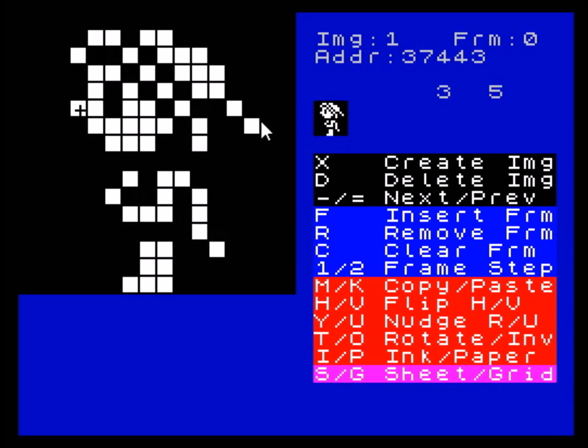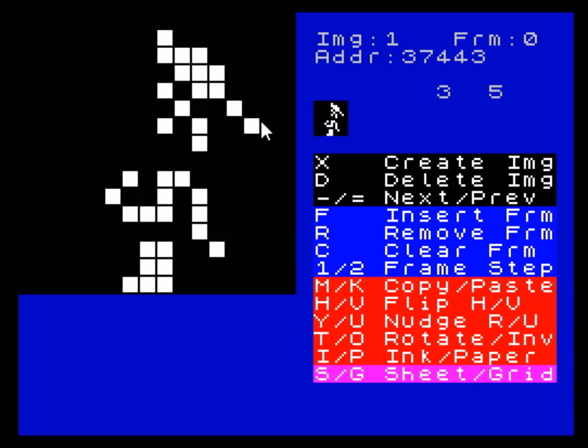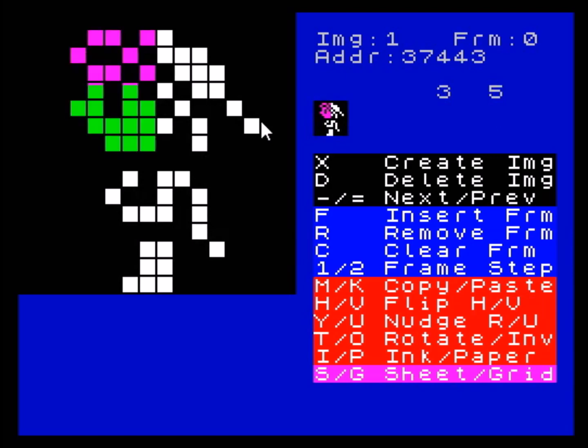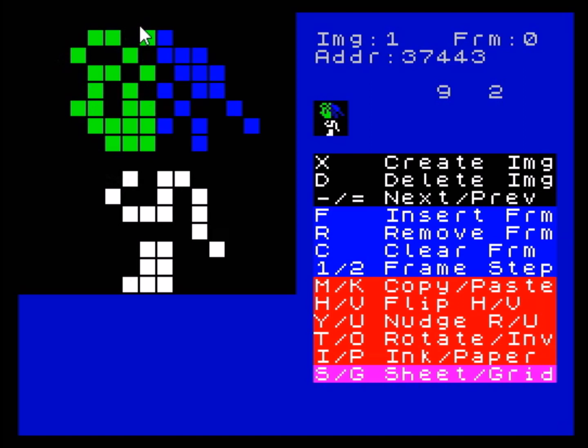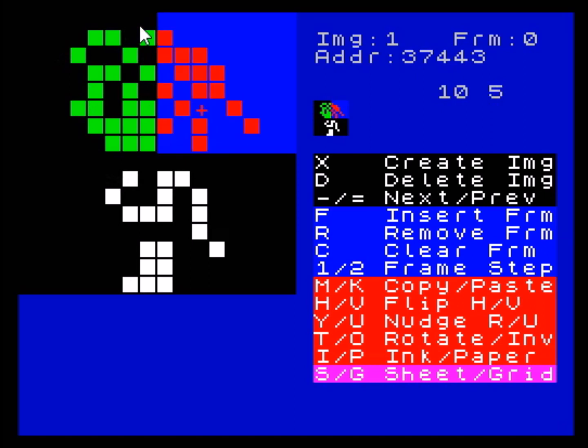I'm going to refer to it as Control because that's what I'm using here on the keyboard, but obviously with a real Spectrum it would be Symbol Shift. So if you hold down Control and press I, you will color in one particular block of 8x8, because there are 4 attributes here. So if you go to a different one here, then press Control I, you can effectively color in whichever part you want. You can do the same with paper, Control P for paper,